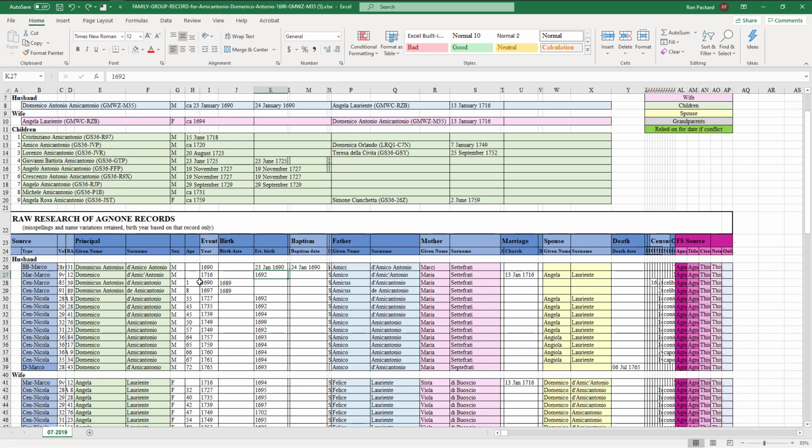Here, on the other hand, we have a Stato de Anime taken in 1690, in which the priest said the child was 1 year old. Now, we don't know what month the priest took the census in. We know he was born in January, so by September, October, he may have said, oh, he's 1 year old. In 1697, he's estimated to be 8 years old. That would put his birth in 1689,